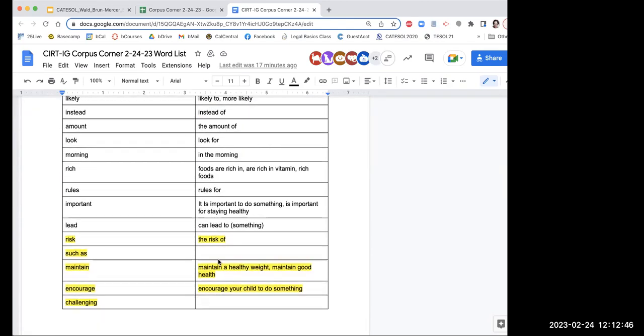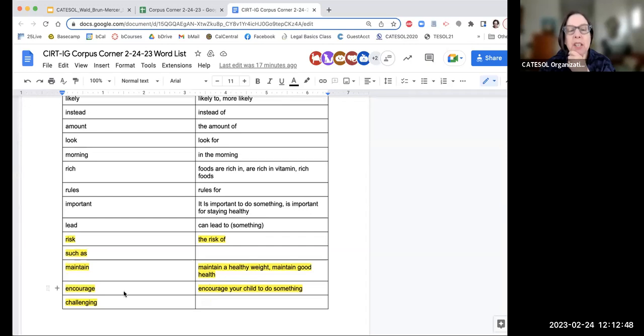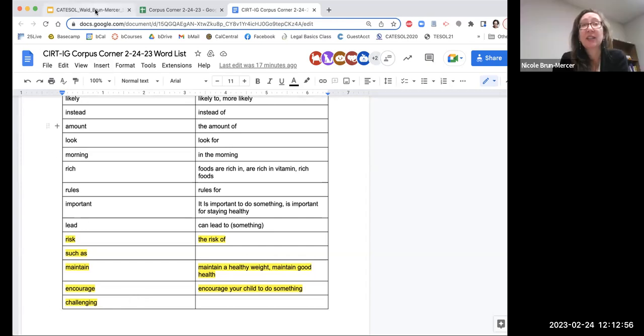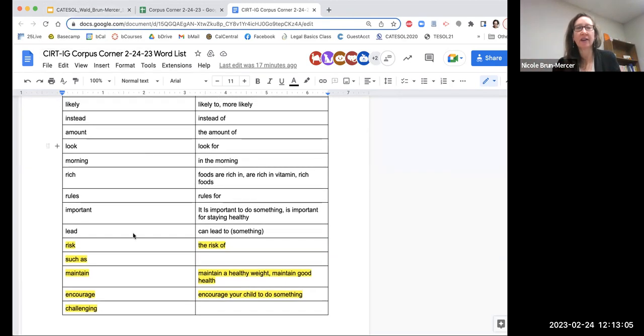Yeah, and we added a few, just to let you know, that weren't maybe the most frequent, but they seemed important to help students understand the readings. Right. And again, this is really a personal decision, what words you're going to put onto your list and focus on. But of course, whether you put them on your list or not is highly informed by who your students are, what their level is, what their goals are.